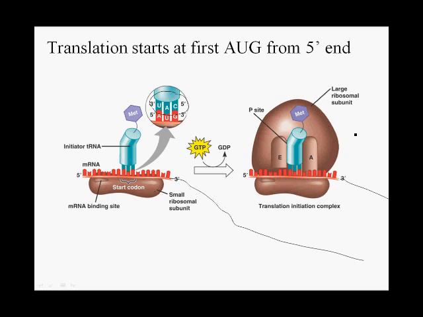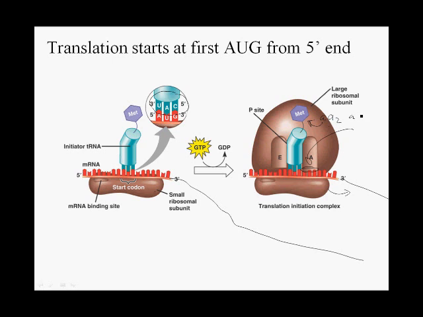What's going to happen next is that the next tRNA, whose anticodon is complementary to this sequence, will come in and deliver its amino acid, so amino acid number 2 will then be attached to methionine. And then the ribosome will move over 3 nucleotides. And this will keep happening. The ribosome will keep moving 3 nucleotides at a time as new tRNAs with their amino acids are brought in.